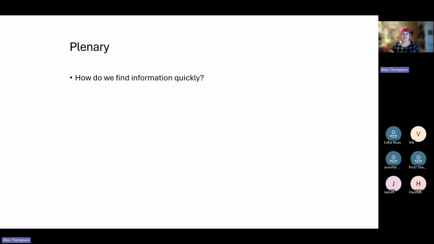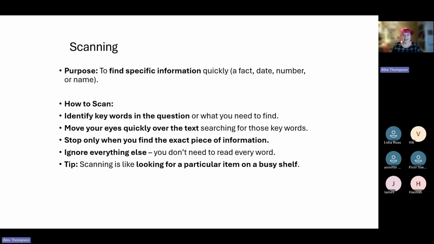I might open a news article and just scan it, to see what the general opinion towards that news story is before I decide whether or not I want to read in detail. And then lastly, the scanning. It's zooming in and focusing on those really specific pieces of information that